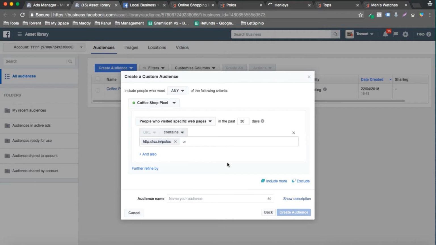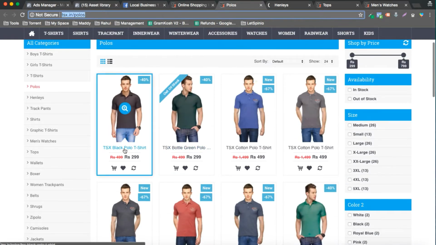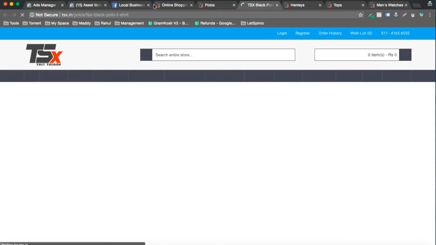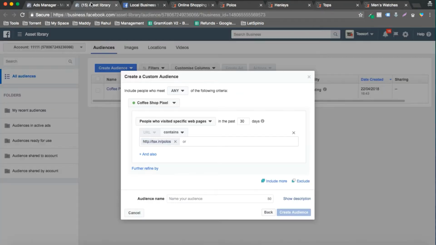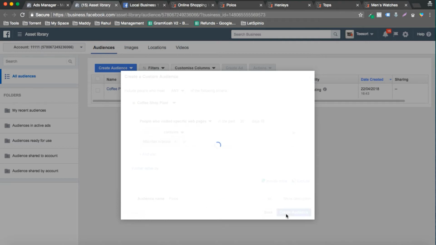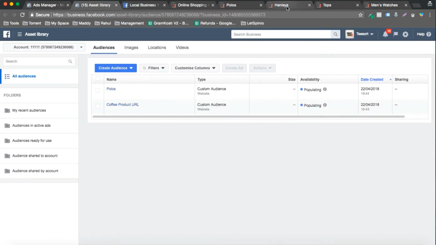I will keep it as contains because this works as a parent URL, so the polos remain intact in case I select any product. I will write it down as all visits to polos, or maybe simply polos. So my audience has now been created in terms of polos.